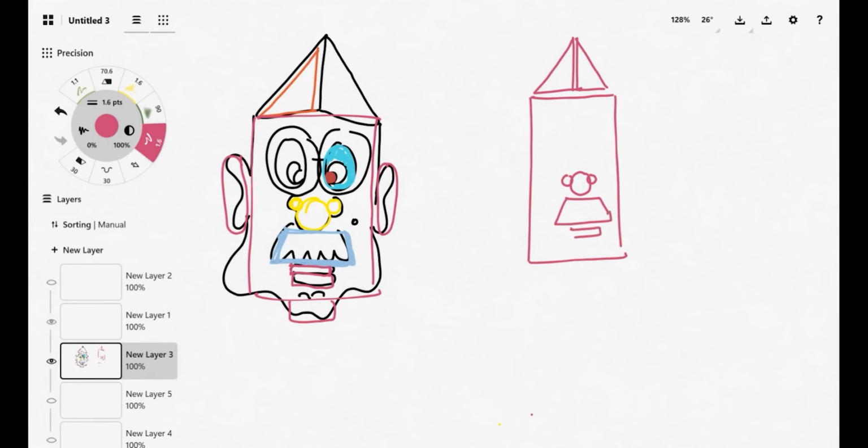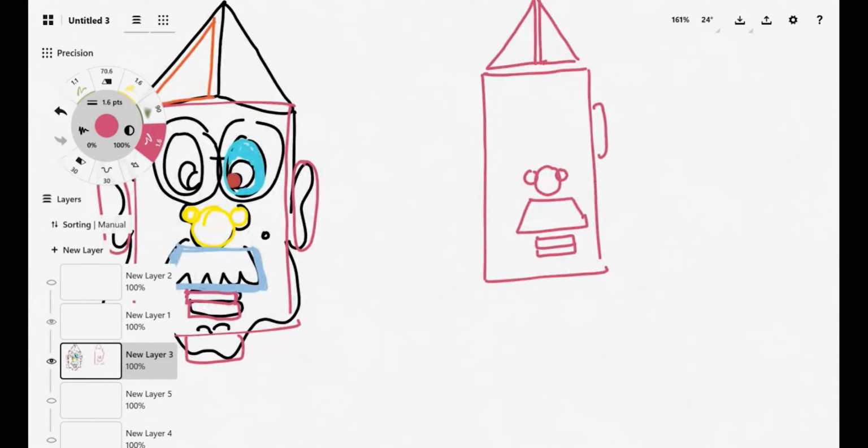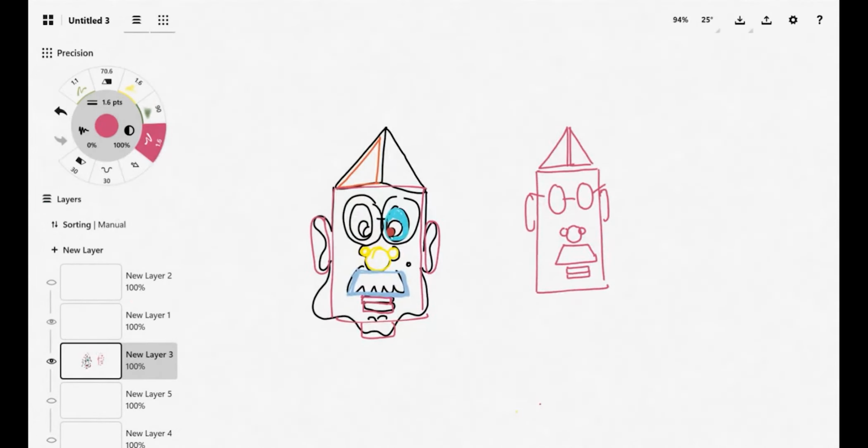Then two rectangles. Then two ovals on the side. Okay. And two circles. This is the basic fundamental of creating this entire thing.